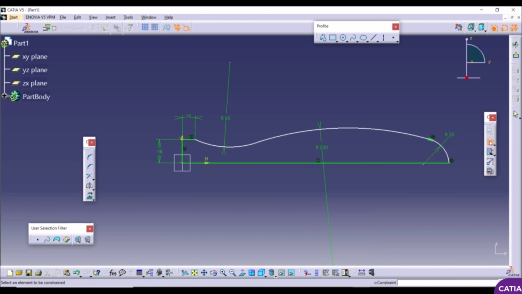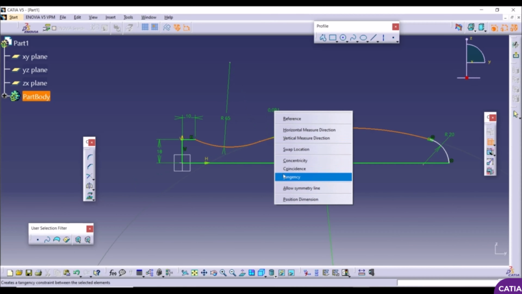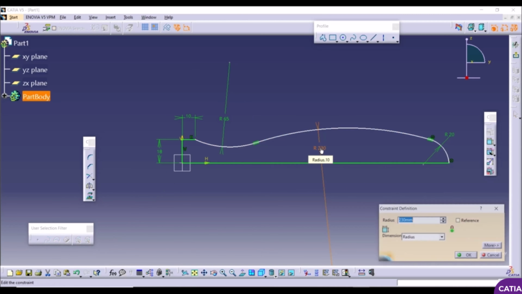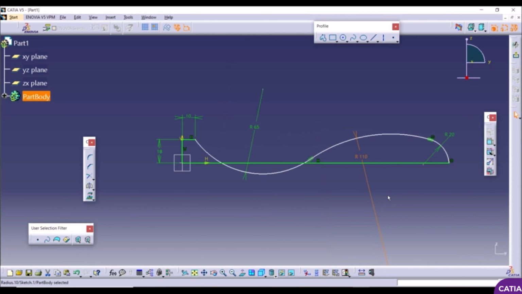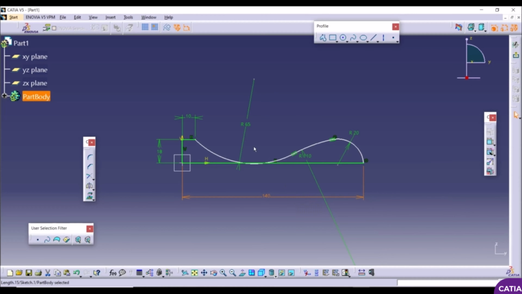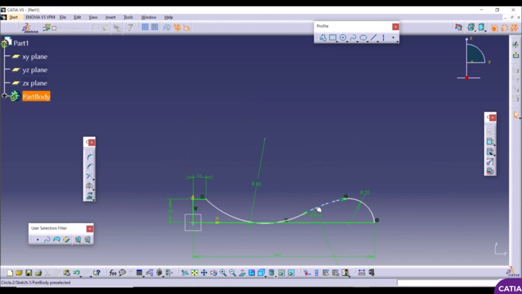Now let's select constraint again. Let's select this arc here and this arc here, right click. Let's go here with tangency, like this. Now let's select here this radius and let's go here with 110. Let's select here constraint. Let's select this line here and let's go here with 140, like this. Now let's select this arc. Let's move this arc like this to the left side,